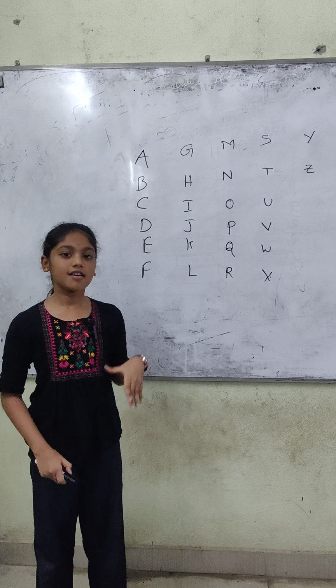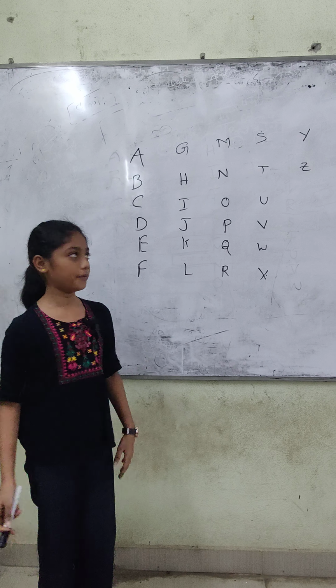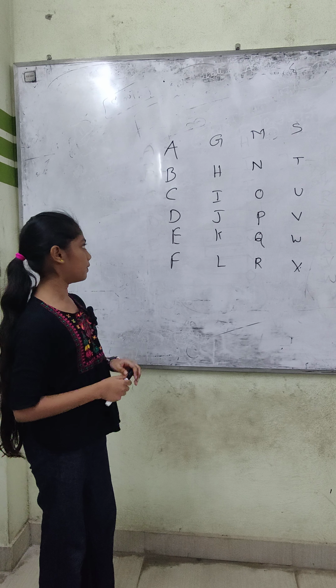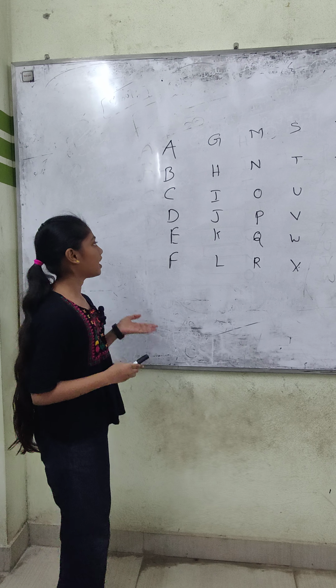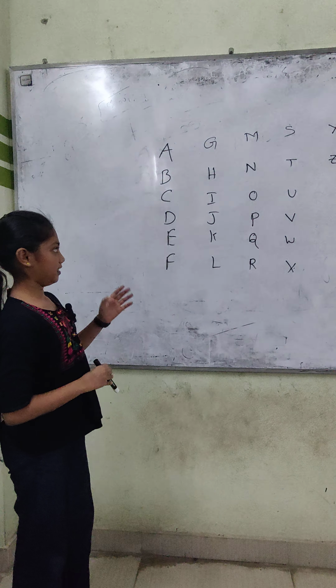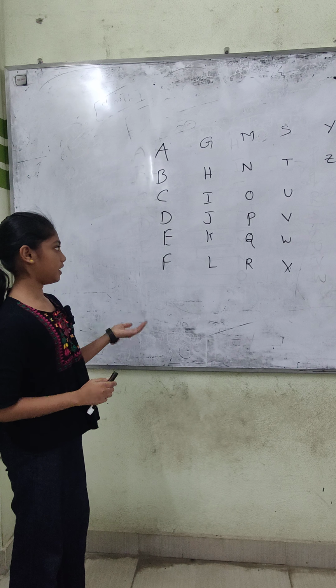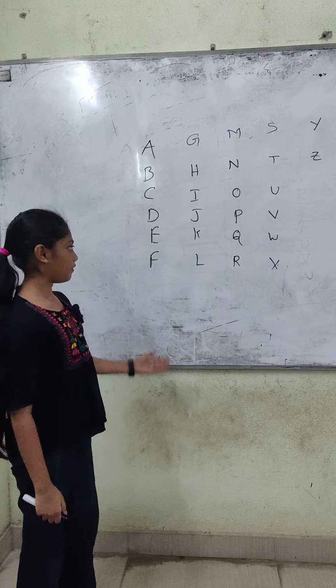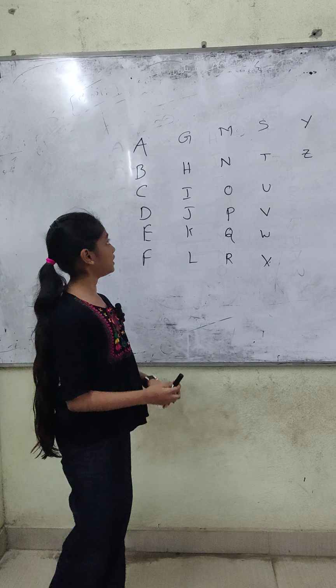Today's topic is A to Z shortcuts in MS Word. Control A is for select all, Control B is for bold, Control C is for copy, Control D is for open font dialog box, Control E is for center alignment, Control F is for find, Control G is for go